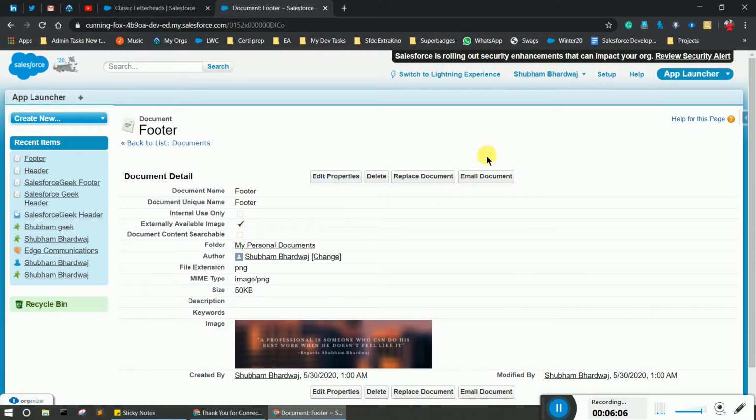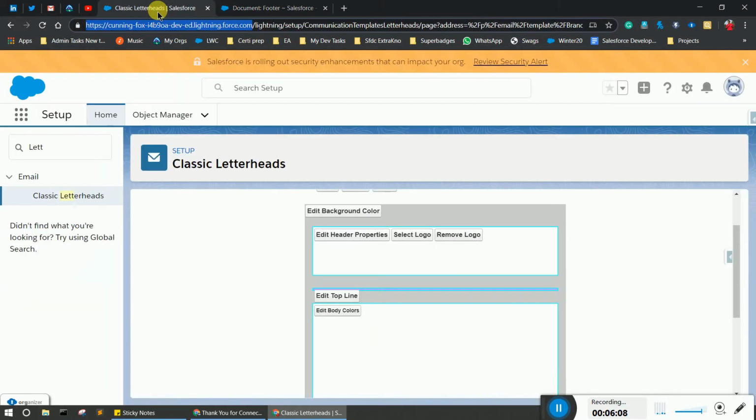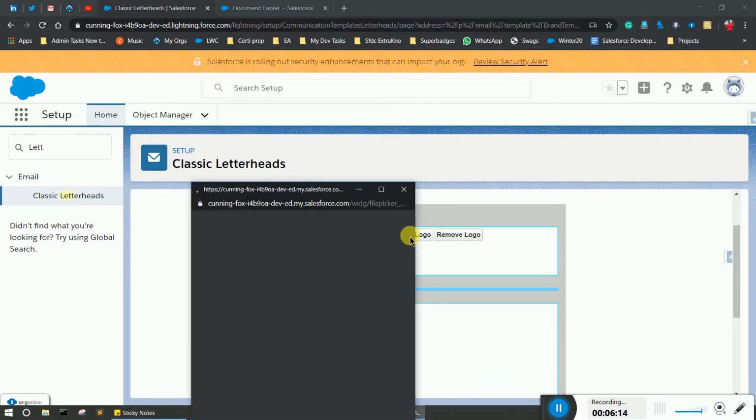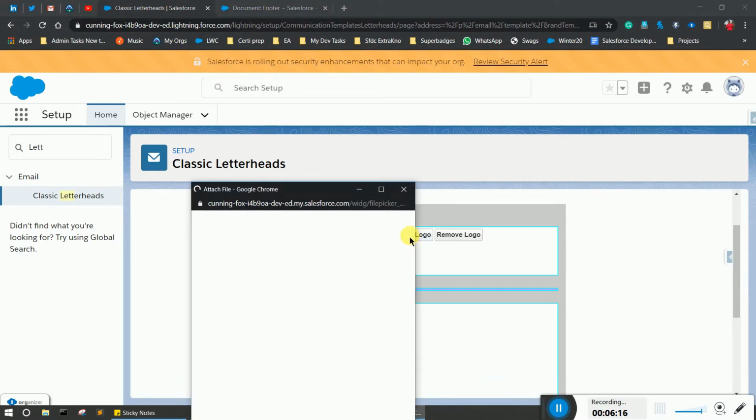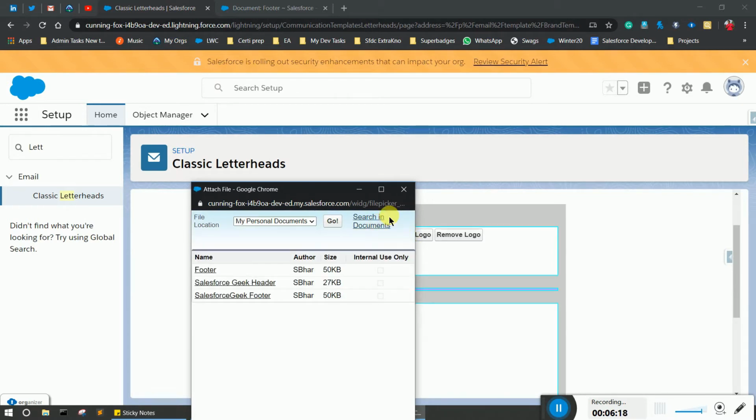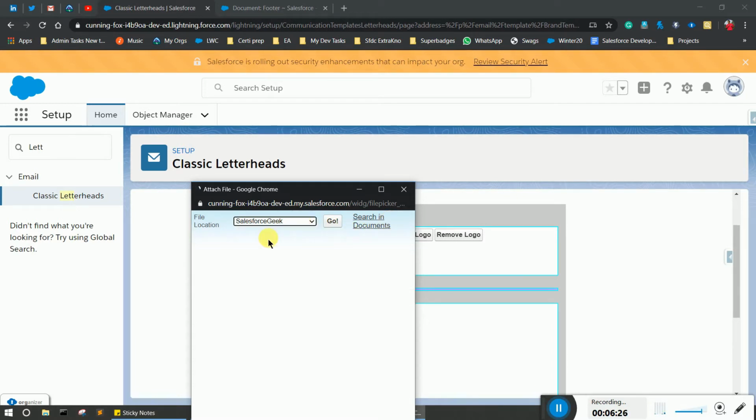Now we have to move to Classic Letterheads, and in the header we have to click on select logo. We have to move into Salesforce Geek.